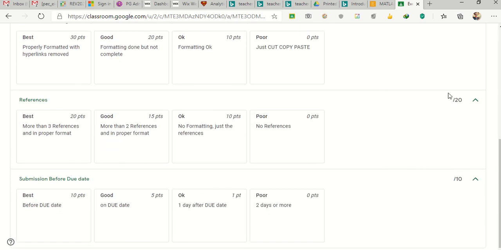The next 20 points are for references. I have already given 2 references. Other than that, you have to include 1 or 2 references. Totally, there should be more than 3 references in proper format. If you are referring to a paper, it has to be in IEEE format. First the author name should come, then within double quotes the title of the paper, then you should give the volume number, edition number, page numbers and year. In a similar manner, if it is a website, you have to give the proper link to that website, not just blank links like google.com.